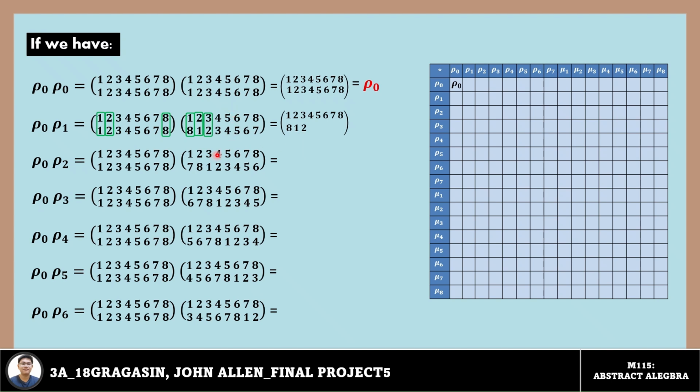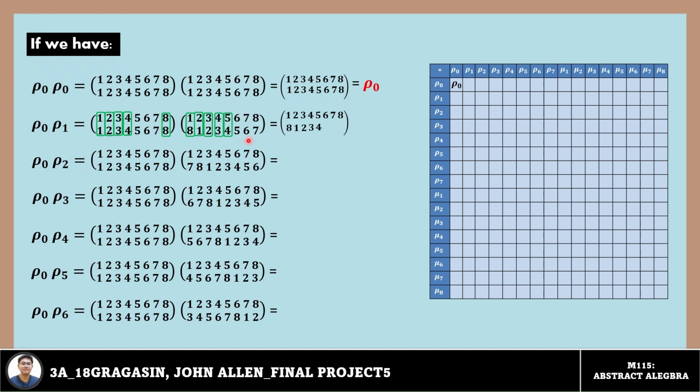And then 4 is to 3. And then 3 is to 3. Our answer here is 3. And then 5 is to 4. We need to find 4 in here. So we have this. And then as you can see, the number below it is 4. Therefore, our answer here is 4.